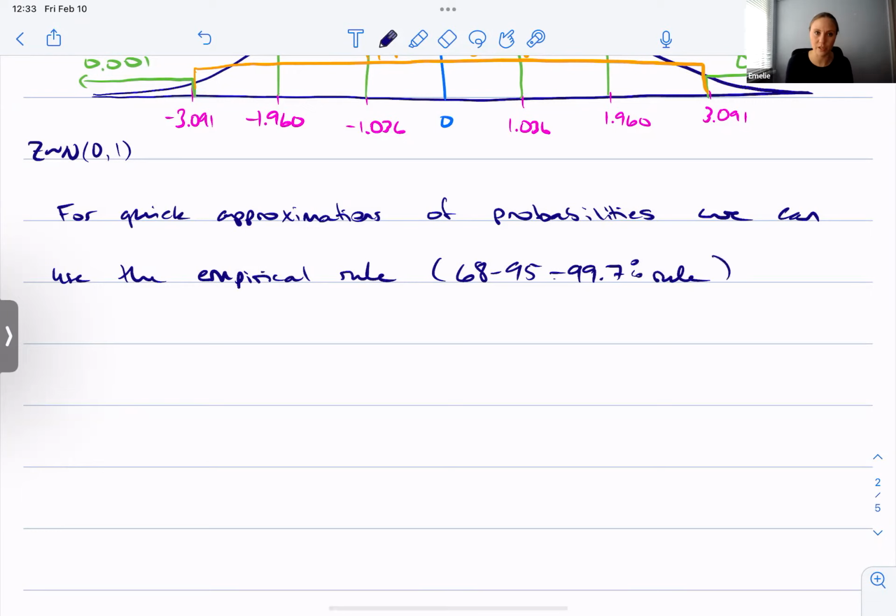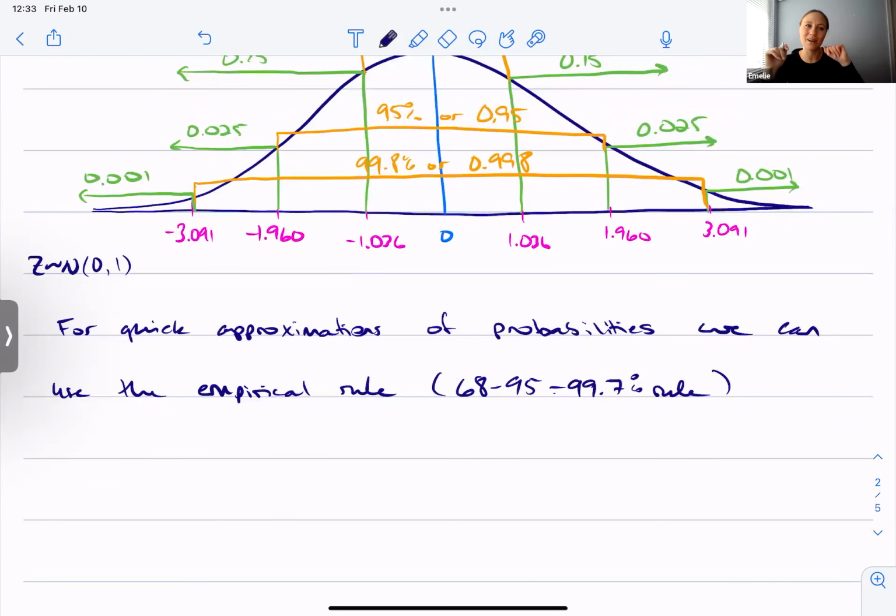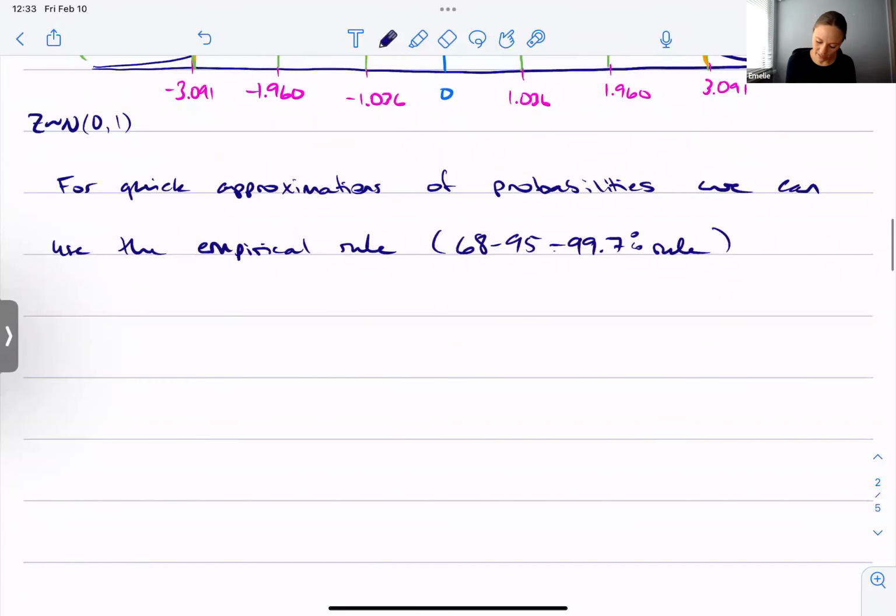And those are percentages. So we did roughly 1, roughly 2, roughly 3. And so if we just did 1, 2, 3, then again, approximately what happens is that,